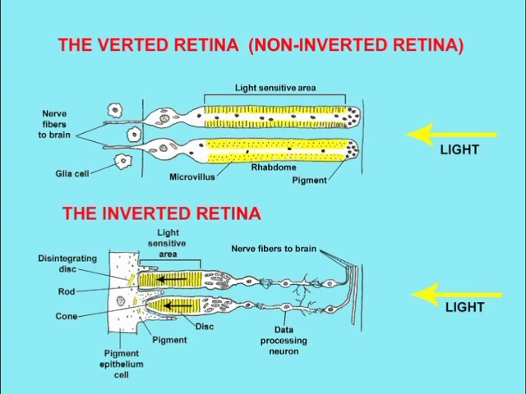Now, the lower part, we have the inverted retina. And there the light, again, coming from the right, going to the left, has to travel through all these data processing neurons and nerve fibers before it gets to the light sensitive part, which is the yellow part of those cells to the left there. People asked, why build an eye like this where the light has to go through all this stuff before it reaches the light sensitive parts? Well,